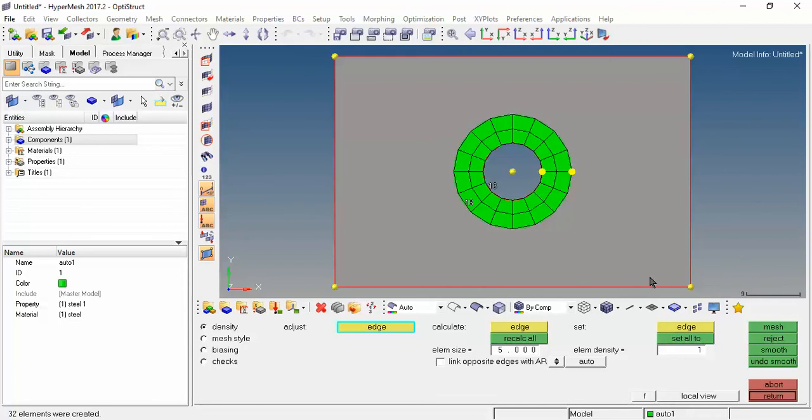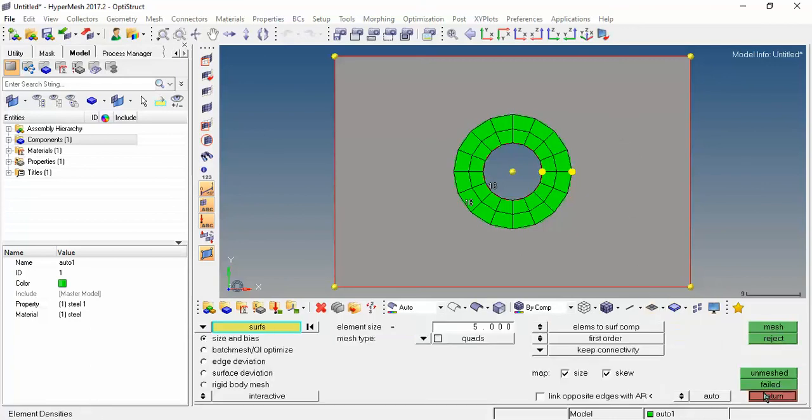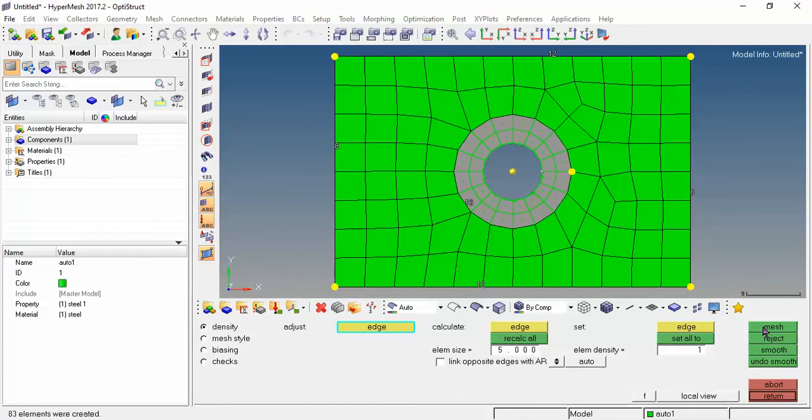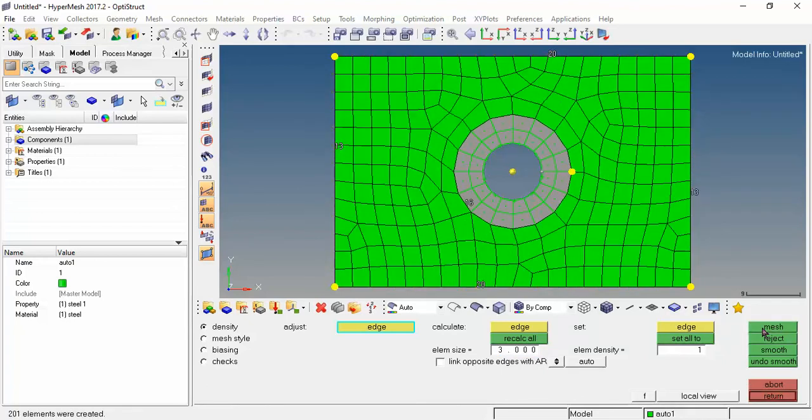So after this you click on the outer surface for meshing, just give return. Now again go to the meshing for the outer surface, just click for the outer surface, give the mesh. So the elements are bigger, so no problem. If you want to reduce, you can reduce the element size also, and give it to 3, recalculate, mesh.